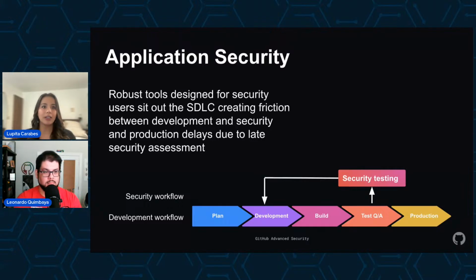Oftentimes it's always plug in at the end. It becomes inefficient to produce a PDF report or an Excel sheet or tickets, and really having that native integration in the developer's flow state is what intrigues developers to actually take action on things that could potentially be an impact. Yeah, absolutely. I mean, more so Veracode than Snyk, since Snyk did try to integrate directly into GitHub